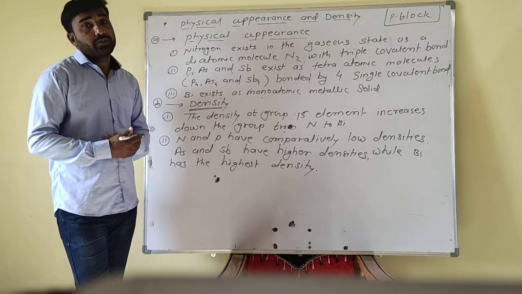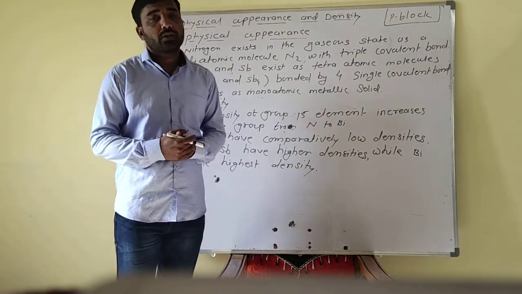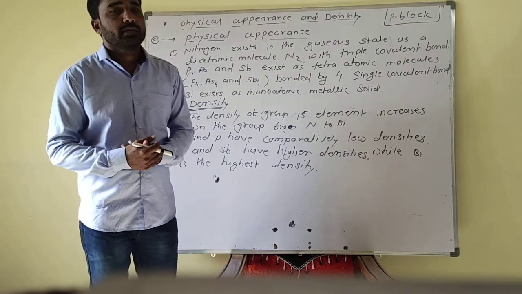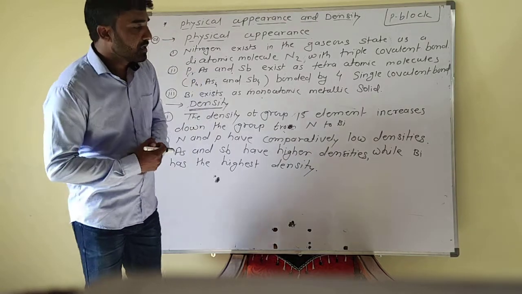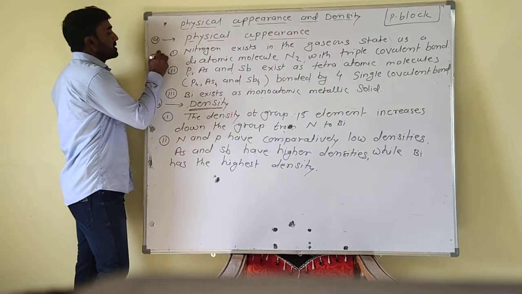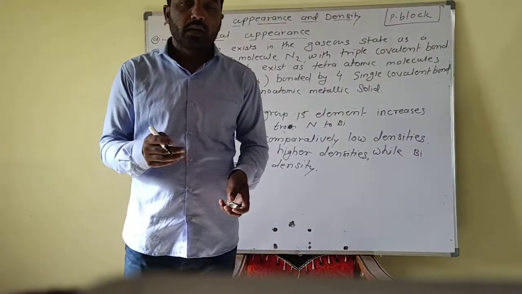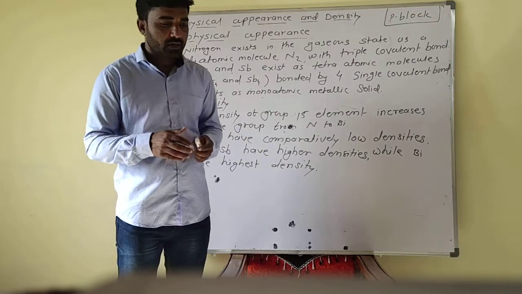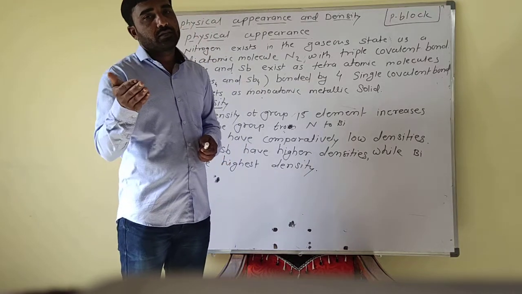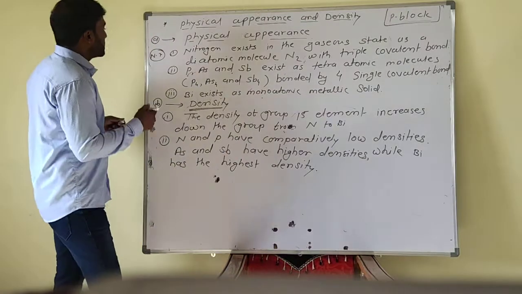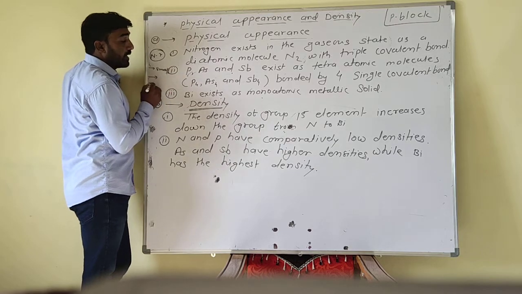That is why this group is called the nitrogen family. Nitrogen has atomic number 7, and depending on its electronic configuration it is a p-block element. Nitrogen is small in size, has high electronegativity, and has no d orbital. Absence of d orbital follows from the electronic configuration of the first and second period elements. So these three properties of nitrogen are important: small size, high electronegativity and absence of d orbital.